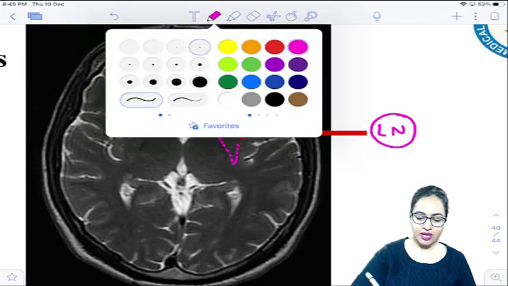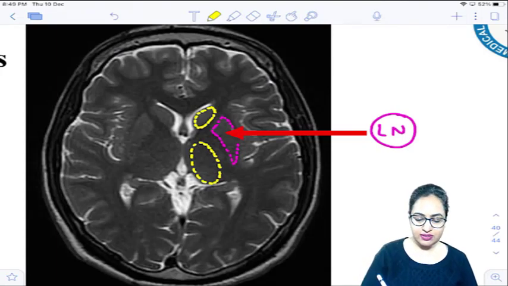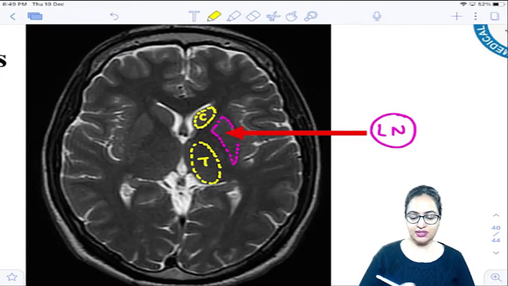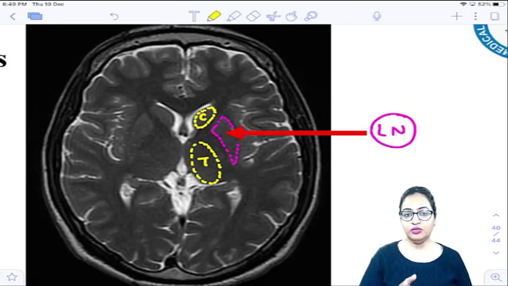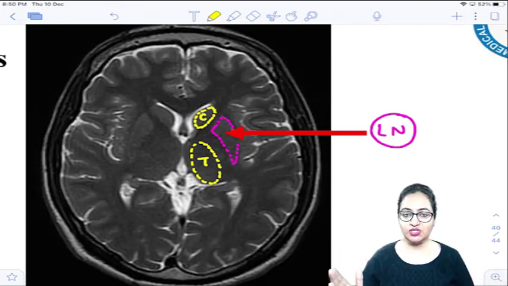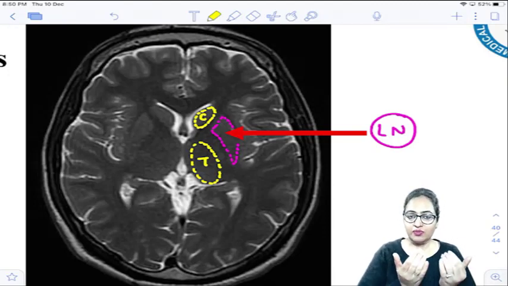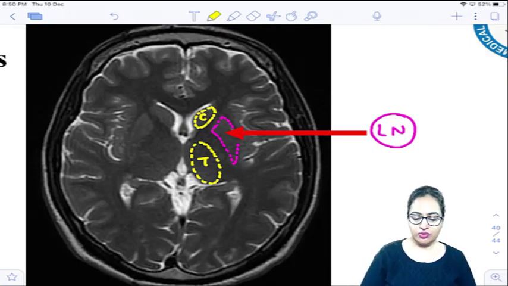Apart from this, if we see the other structures or nuclei over here, one is this one, another is over here. On the anterior aspect, this is the caudate nucleus and this one is the thalamus. These are the three basic nuclei you can visualize in the transverse section, and this is the specific arrangement. The caudate and the thalamus are present towards the medial side, and the lentiform nucleus towards the lateral side. On the medial side, the caudate is placed anteriorly and the thalamus is slightly posterior to it.